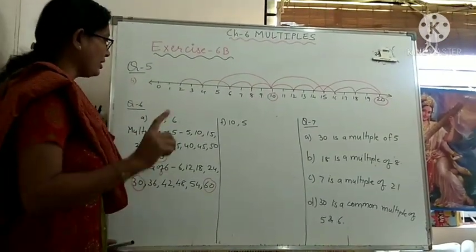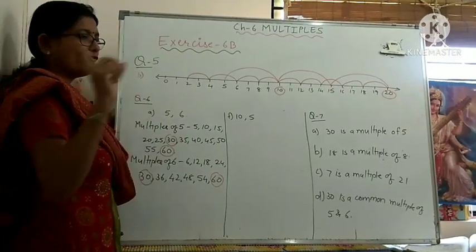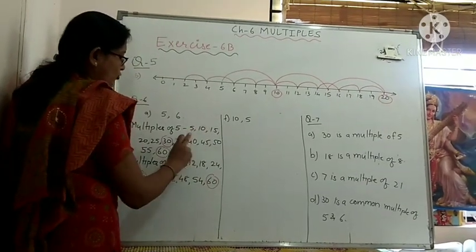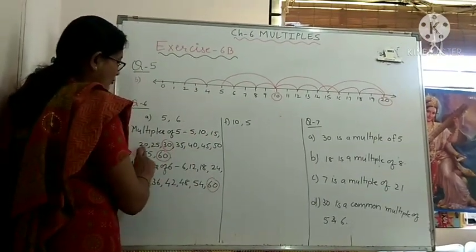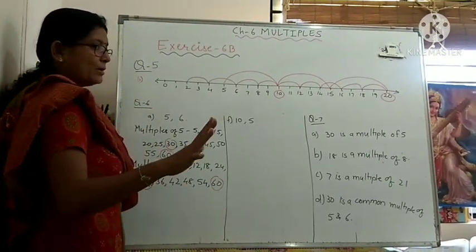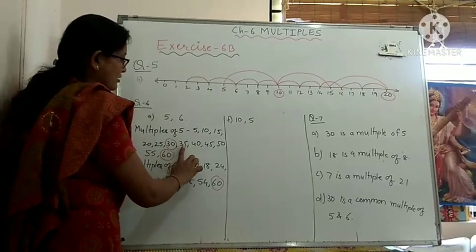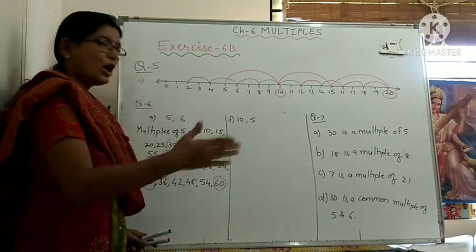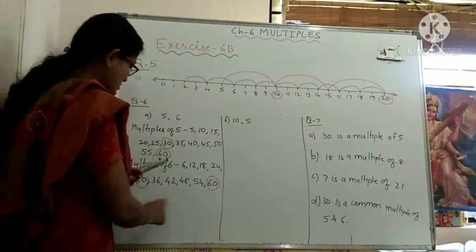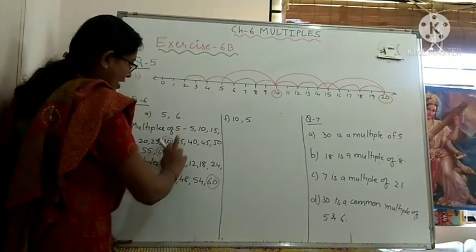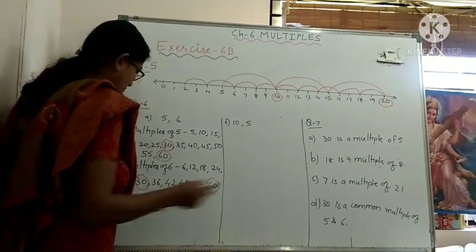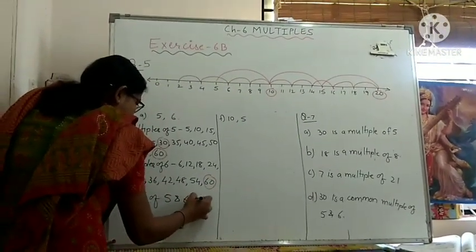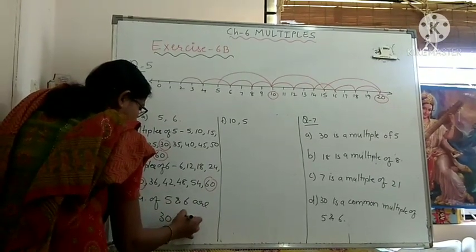There is once again a trick. How much do we have to carry forward? You have to just find the first common multiple first. Here we have got 30 as the first common multiple. So now count the numbers from the starting: 1, 2, 3, 4, 5 and 6. So after 5 numbers, again the 6th number will be the common multiple. See, 1, 2, 3, 4, 5 and 6. Right? So like this, there is a trick for how far you have to write. Now last you will write here that the common multiples of 5 and 6 are 30 and 60.